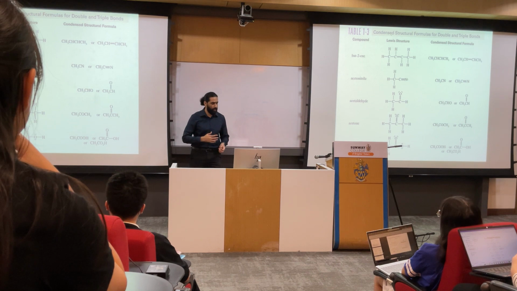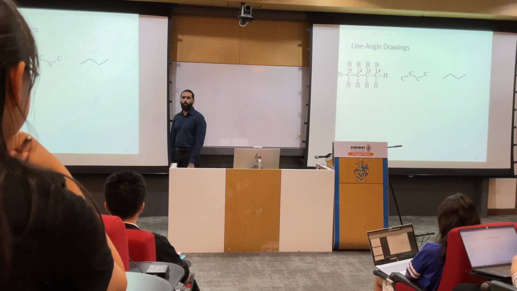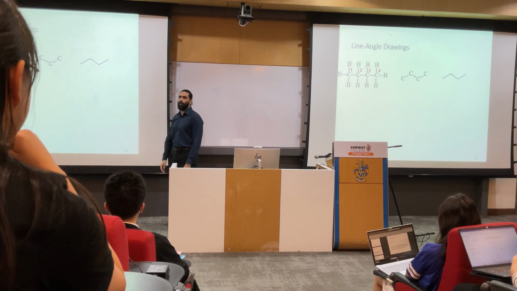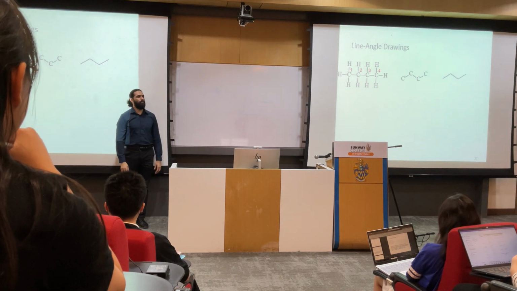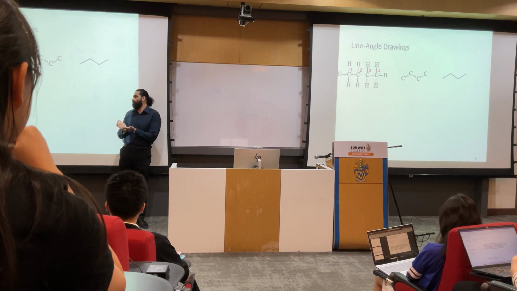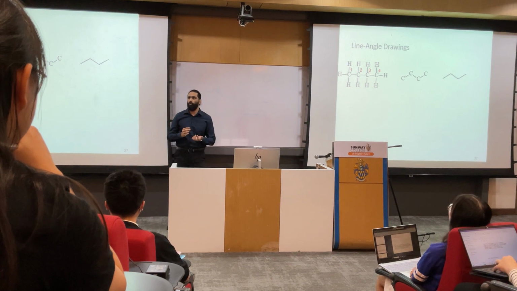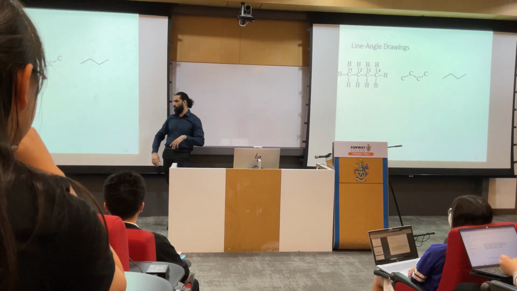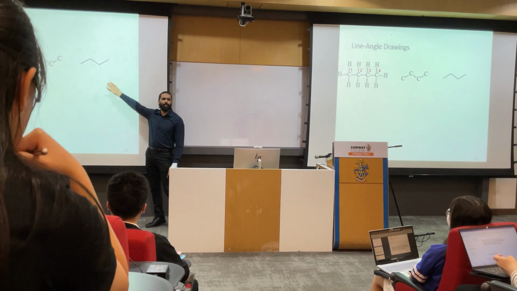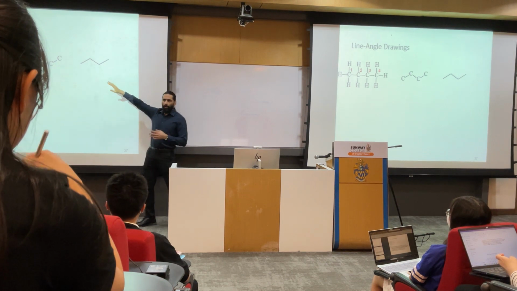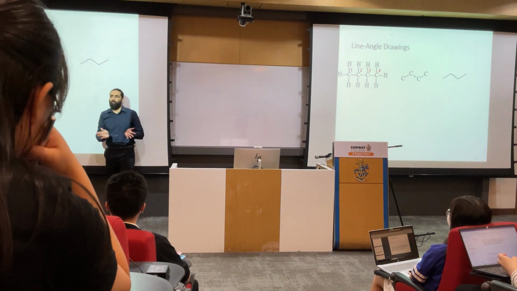My favorite is the upcoming one, which is this one, the line angle drawing. You just omit everything, you draw a zigzag, and the corners of these zigzags are carbons, and then as many hydrogens as it needs. Imagine you are working with organic chemistry and doing a lot of long equations and reactions, how much easier would this be? Right? So this is my favorite by far. It makes sense? All edges are carbons. Only this you need to remember.